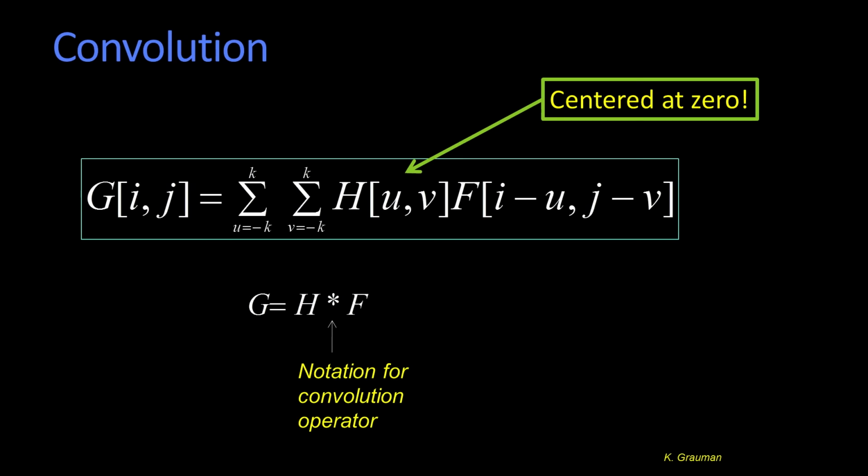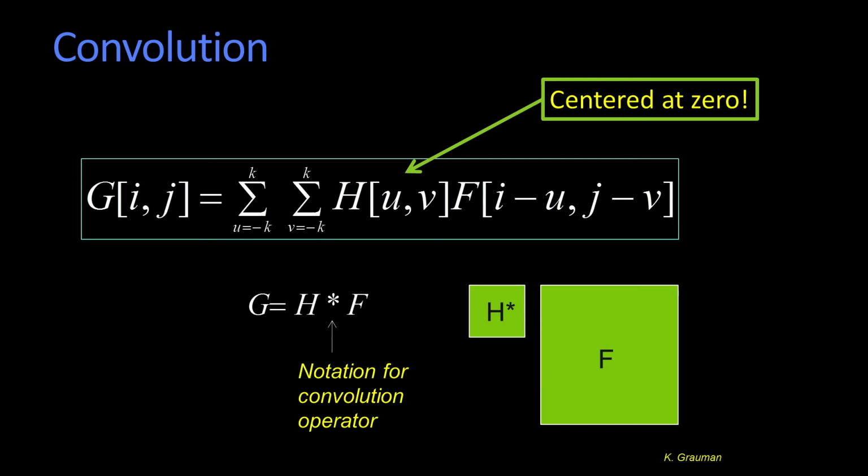This can be illustrated nicely in the following way. Here we have the equation for the convolution operator, and we're going to illustrate it like this. Here we have our filter, and there's this little asterisk up here, and the asterisk is to show you what the top right-hand corner is. When we do correlation, we just pick that up and slide it around. When we do convolution, we rotate the thing, and because it essentially flips it left-right and up-down, you see that the little asterisk is now down here in the bottom left-hand corner. And then we slide that all over the image, and that gives you your output. So that's our convolution operator.